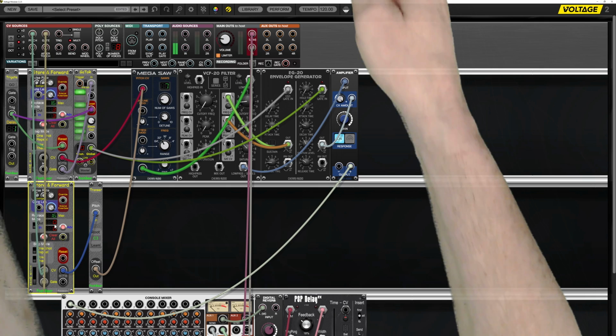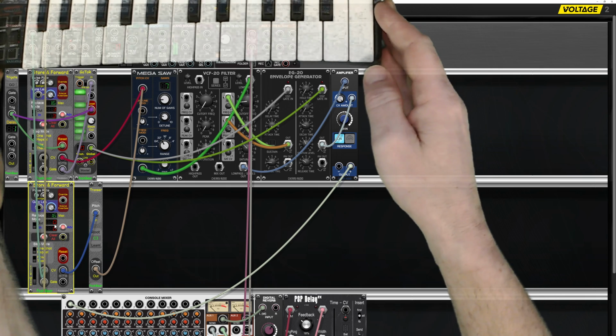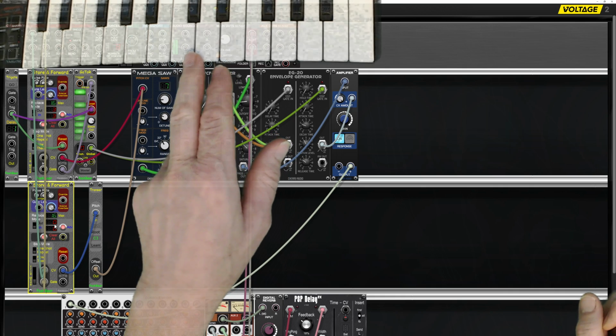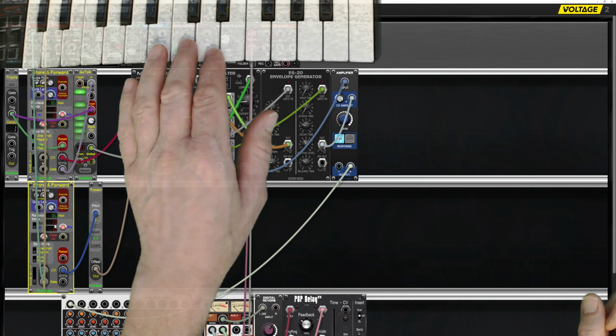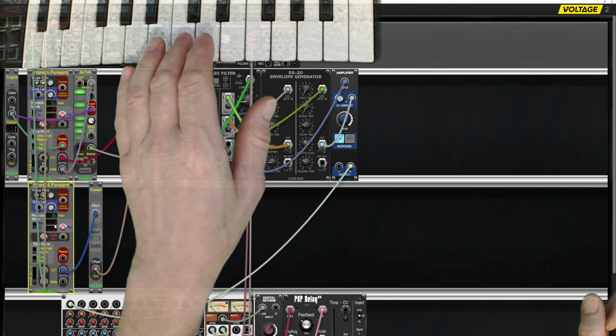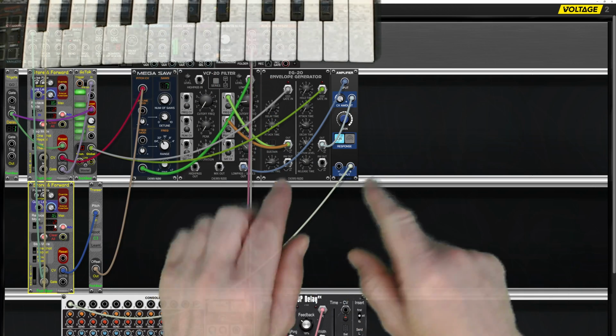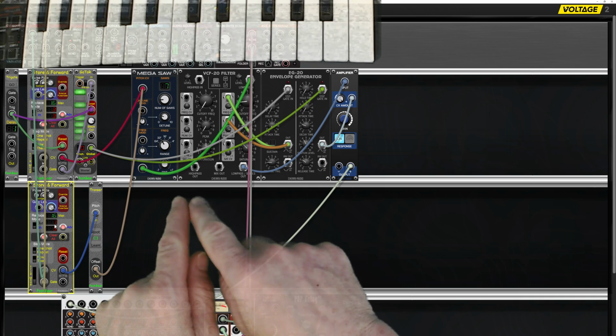So let's bring the keyboard down and let's think about programming this up. I'm going to try this first and see how this works out. It might not work out. I'm going to go that. Oh, you've got to remember, because I'm putting in CV data here,